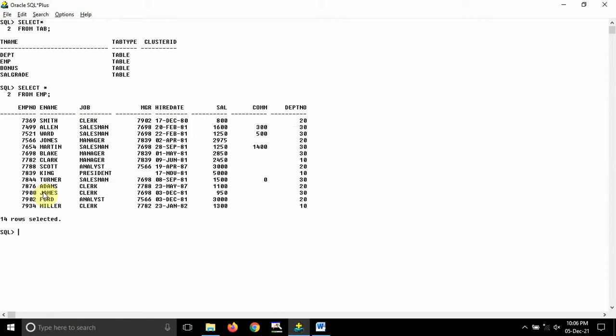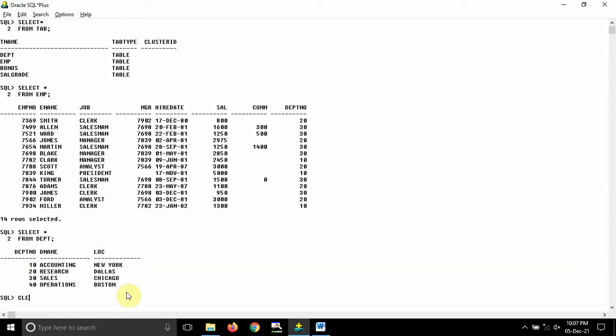Now let us see what columns are present in the department table. I can write select star from DEPT. This is the table name, the department table. In the department table we have got 3 columns. First one is department number, after that department name, and after that LOC, that is location. These are the particulars which are present in the department table. Once you know this, now we can start solving our queries.